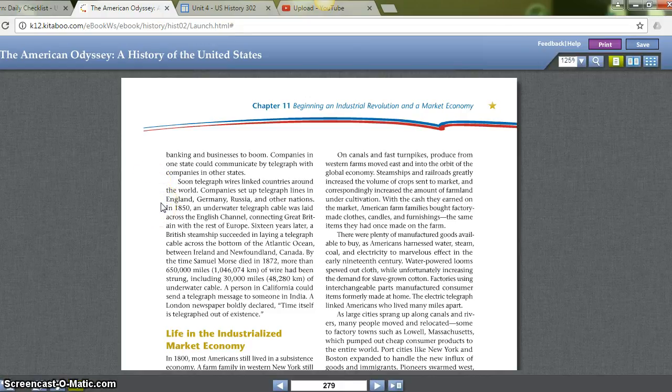Soon telegraph wires linked countries around the world. Companies set up telegraph lines in England, Germany, Russia, and other nations. In 1850, an underwater telegraph cable was laid across the English Channel, connecting Great Britain with the rest of Europe. 16 years later, a British steamship succeeded in laying a telegraph cable across the bottom of the Atlantic Ocean between